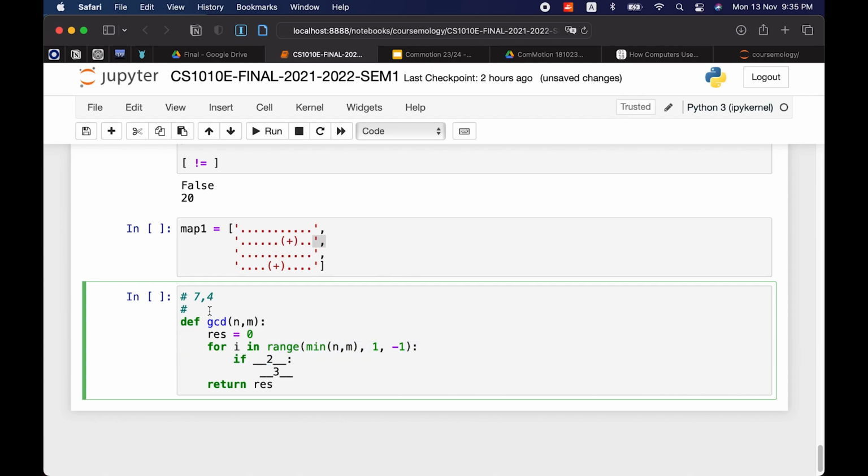The reason why we don't start from 7 obviously is because if you start from 7, you want to check that both of them are divisible by I, then that's good.